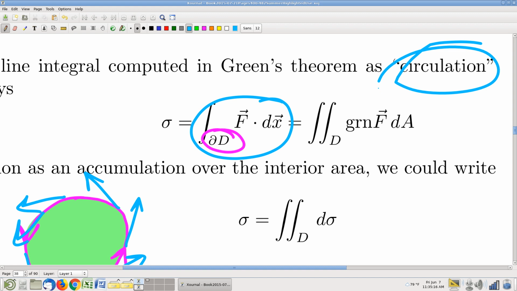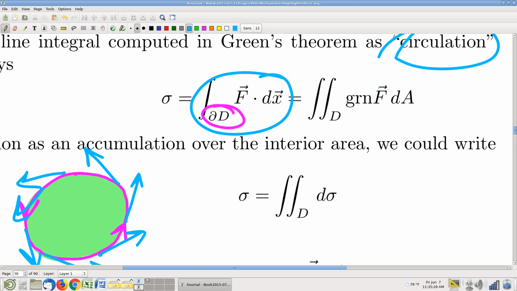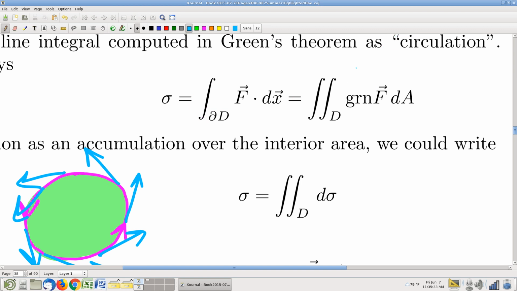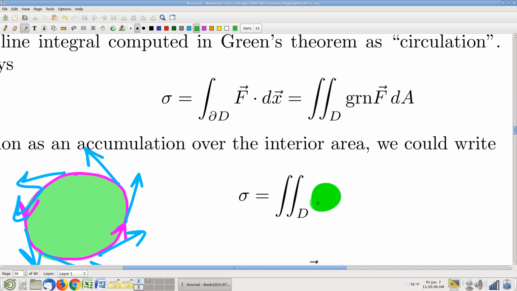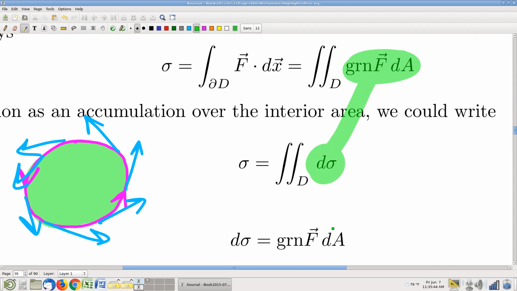So anyway, this is just a physical way to think about what Green's theorem is computing. I think it's kind of appealing to have a physical or geometric way to think about what the object on the left is. So anyway, with that in mind, thinking of Green's theorem as computing circulation, notice that Green's theorem here effectively is telling me that, and compare,